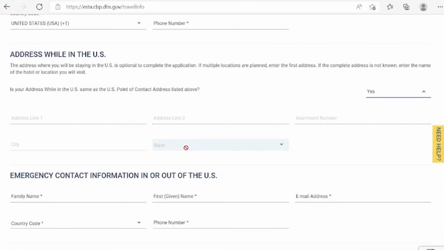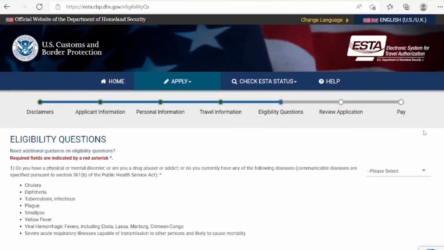Or you can just put unknown and just move on. Now, emergency contact information in or outside of the US, again, you can just put in whoever you like there for your emergency contact information. Okay, so then you're going to move on to the next bit, which is actually going to be the eligibility